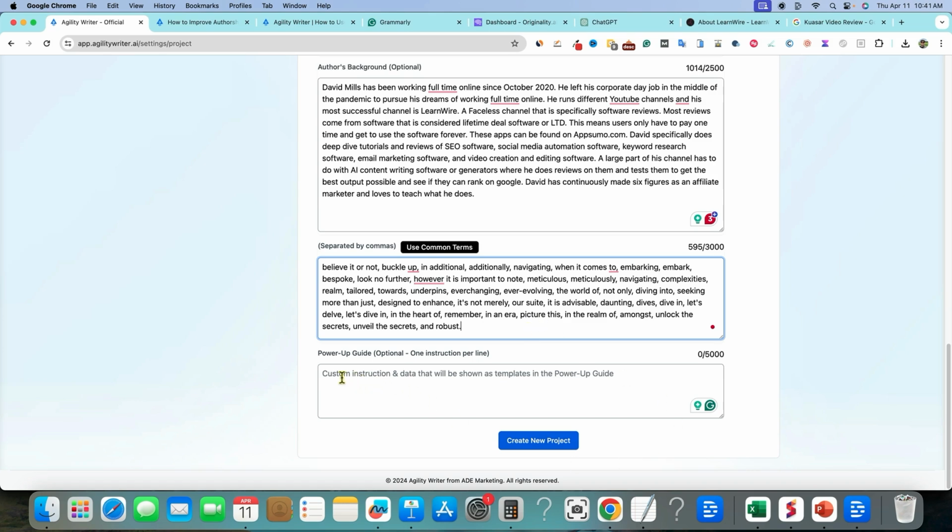And then you have Power Up Guide right over here. I'm not going to use this right now, but this is where you can actually come over here and put a custom set of instructions for the outline. I'm going to discover what the Power Up is, but this is where you'll be able to do that. I'm going to go ahead and just create this. I'm not going to worry about this right now, but I can see a very nice use case for this